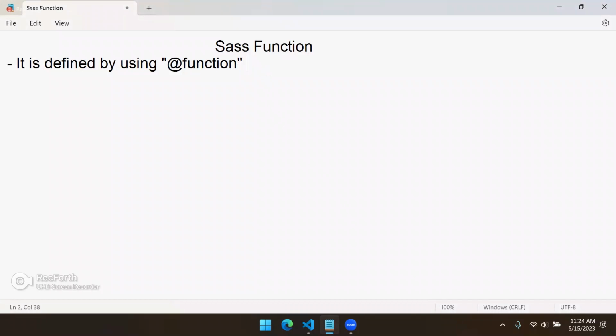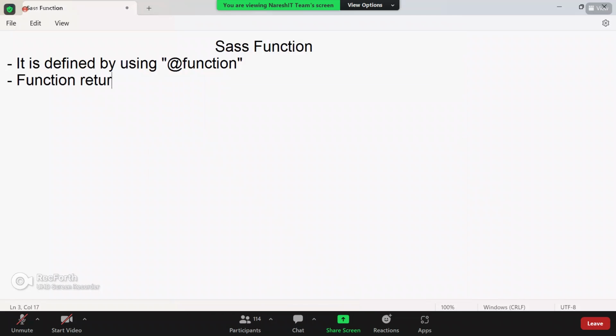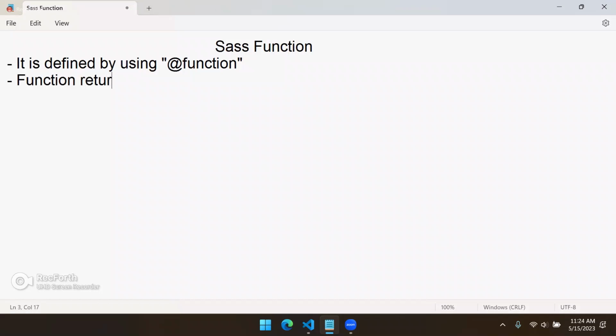For a mix-in we use @mixin and for a function we use @function. But what is the difference? A function returns a value. So how is it different from a mix-in? Actually, a mix-in